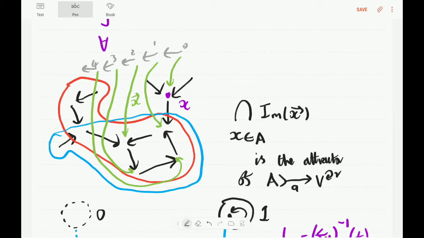Anyway, if we find all of the arrows, let's call them X arrow, from our counting dynamical system